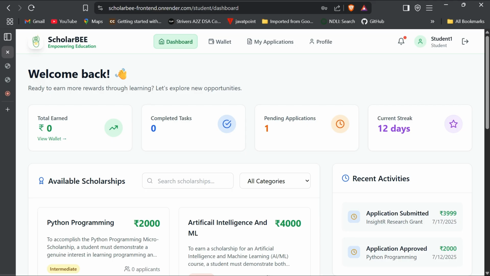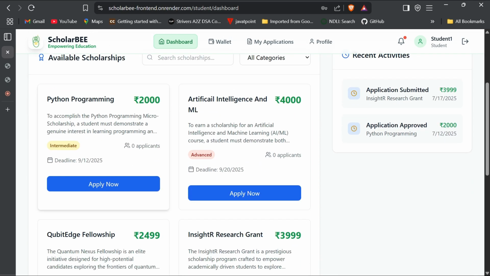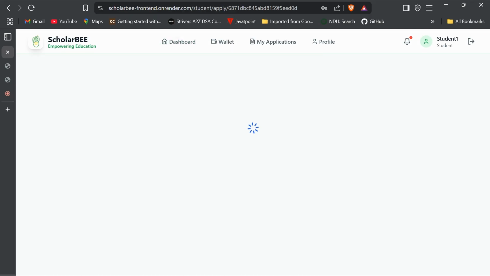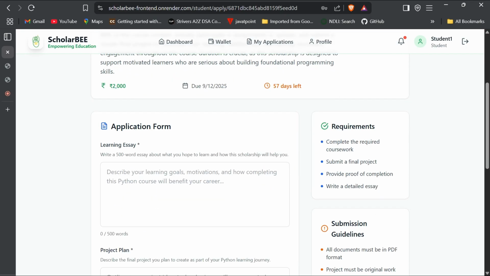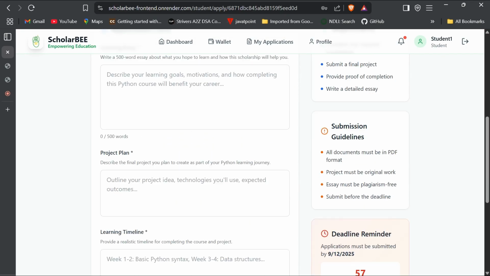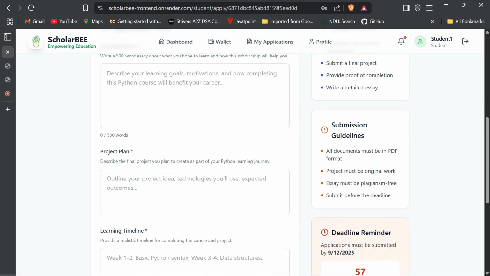Students can also browse all available scholarships using keywords, tags, or categories, such as government funded, merit based, and many more. Clicking on a scholarship opens a detailed view with the description, the requirements or eligibility criteria, the benefits, and the deadlines.